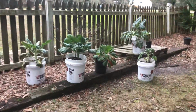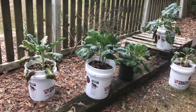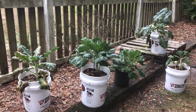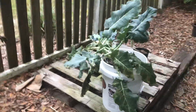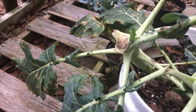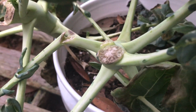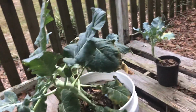I'm coming out to look at the plants, which I have not had a chance to look at in many days, probably since Christmas Day when I harvested the broccoli, beautiful broccoli from this plant. But right now all the plants are looking terrible after this freeze, and now it's a heat wave. It's basically over 70 degrees, which isn't really a heat wave for South Alabama, but considering we've had below freezing temperatures last week,